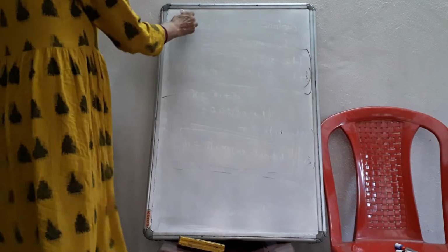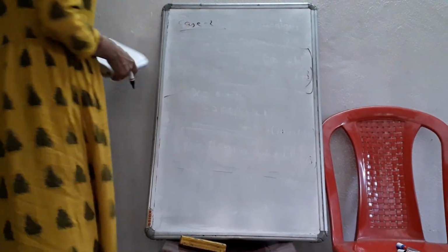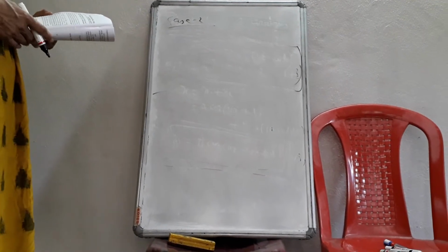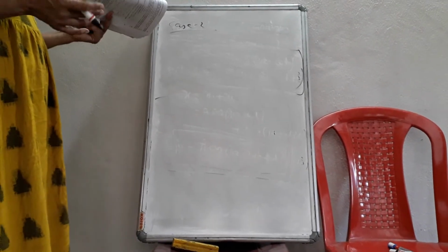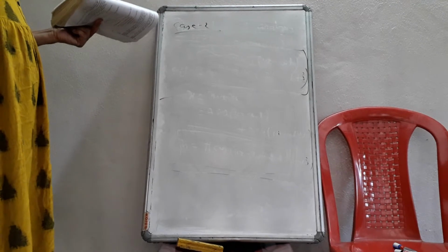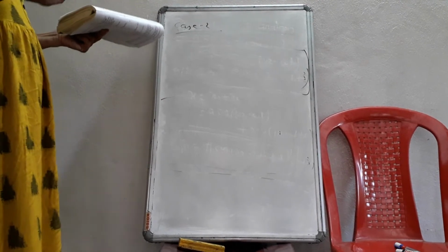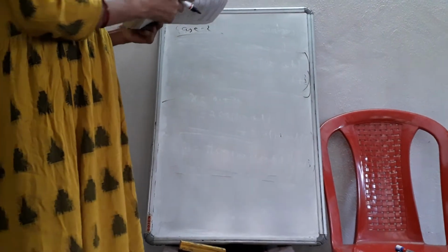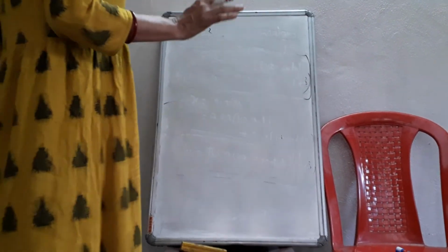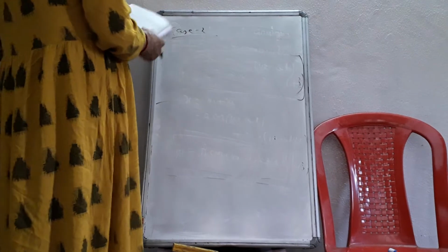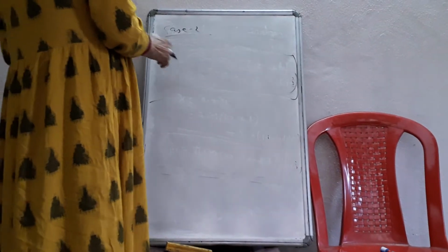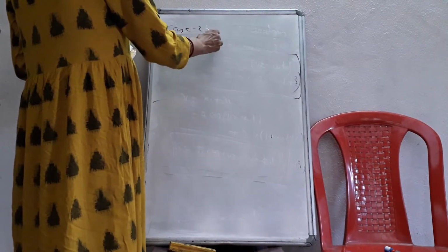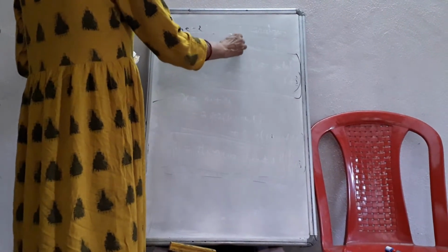And case 2. In case 2 we consider the two superposing components of polarized light, two linearly polarized lights, moving in such a way that their directions of vibration are perpendicular to each other. That means the electric vectors of these two polarized lights are perpendicular to each other. If you write the equation for the first one, suppose it is along the x direction, the equation is x = a cos ωt.